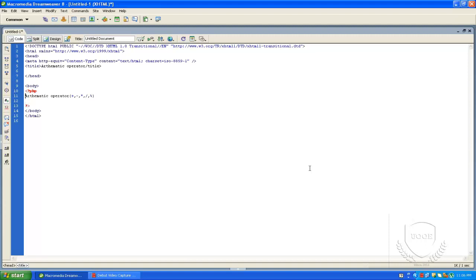I will show you one example. Suppose I have one variable a having the value 10 and another variable b having the value 20. So using this arithmetic operator I am going to perform some actions. Suppose you take the first property, addition.